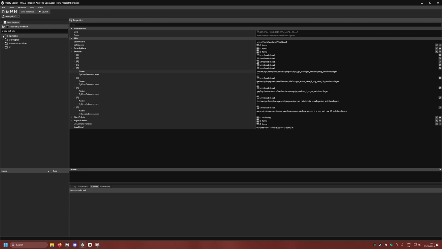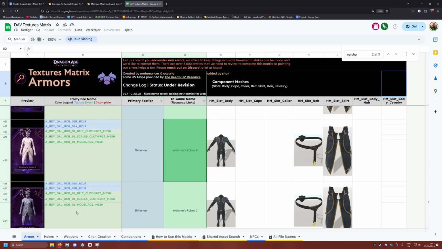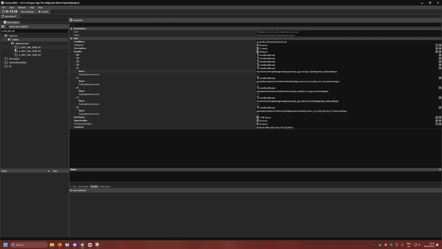In this case, I know it is in fact in factions. And then another folder will come up that is Dalish, and then appearances. And there's going to be 3 variants. What again did the texture matrix say that it was? It's the CR1A. Okay, so that will be under here,